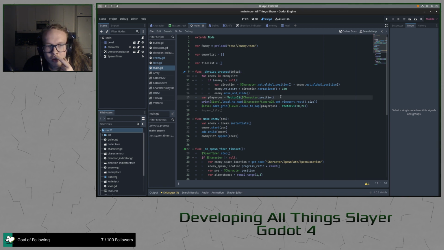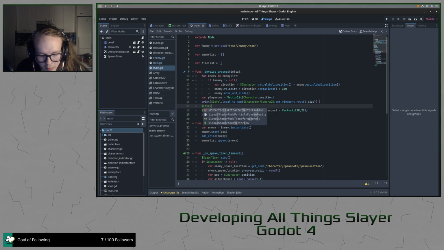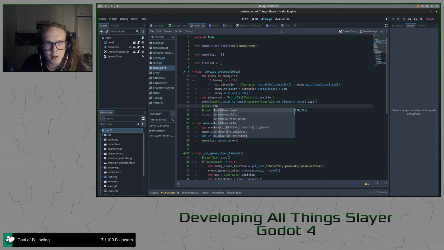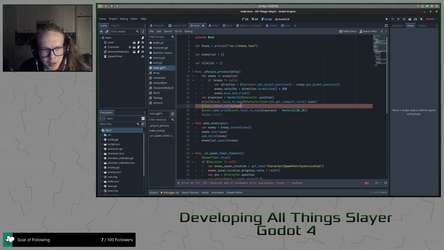So I can now just like pass in level dot, no, dot remove. Okay, what did I pop the type for it again? Remove cell player pos. I guess I give it like the,